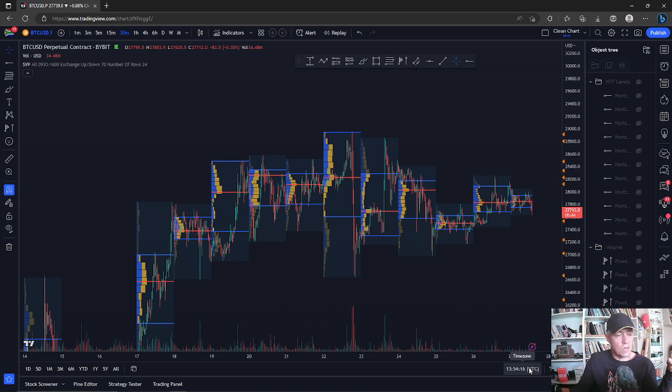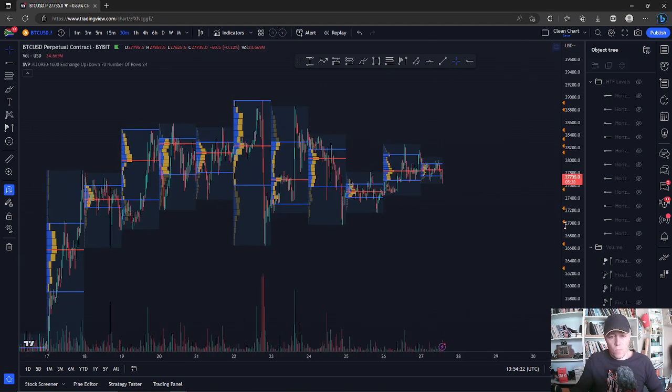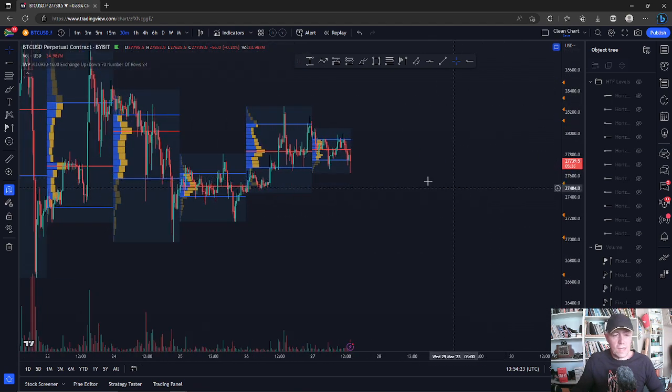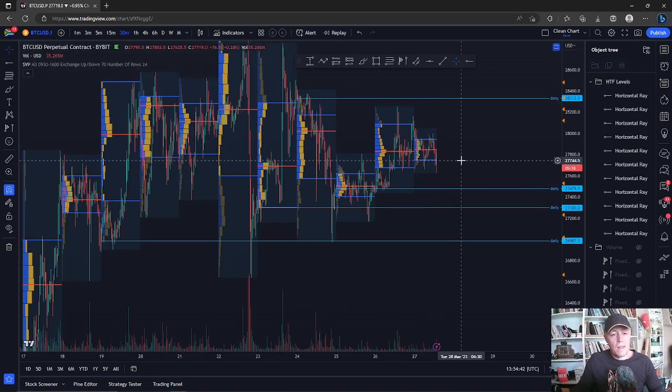My time zone actually is UTC +2, but I've put this on UTC so you can see. So for this day, we could have actually taken a short scalp there, a long scalp there, a long scalp there. And notice how, as we've just come down on the 30-minute time frame, it bounced off the previous day's value area low. Now if I go and turn on my high time frame levels, I can see that